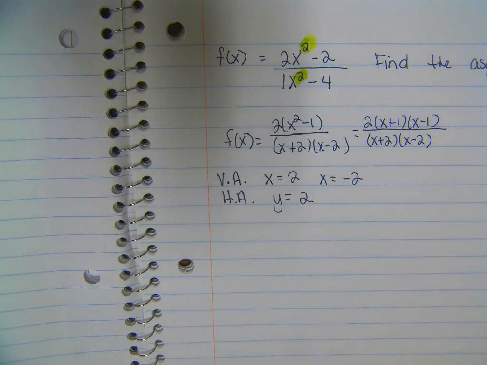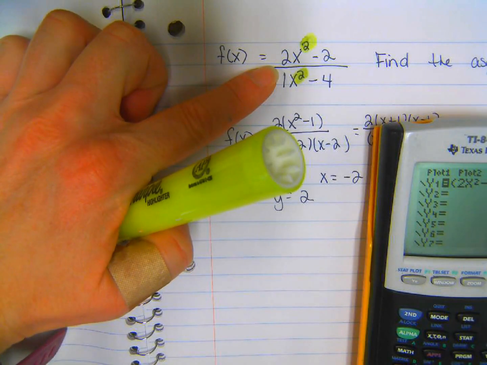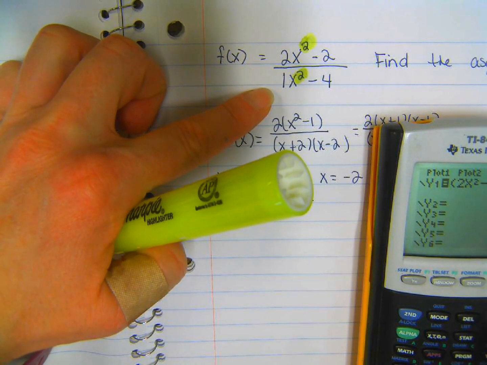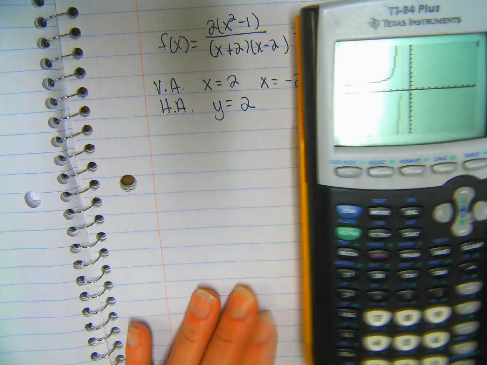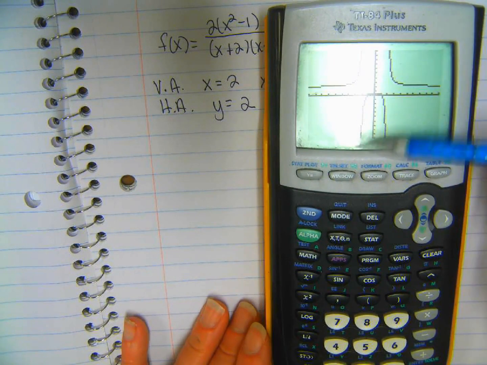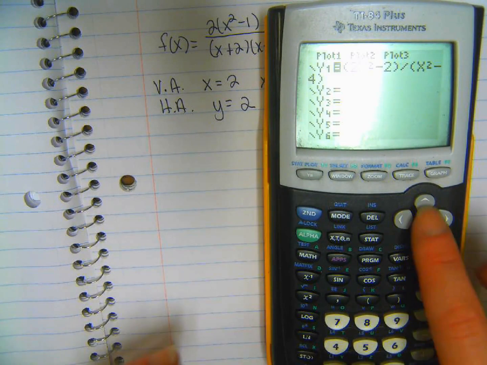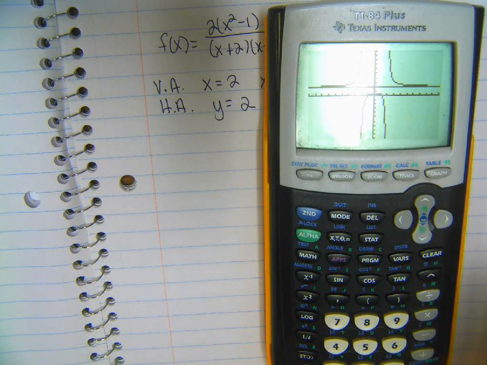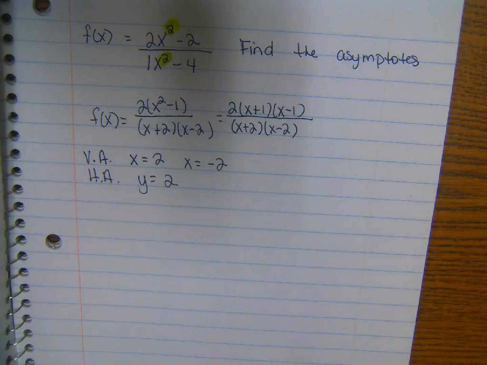I'm going to just pull up the graph and confirm what we see. I always find it easier to type in the original form. It's less work. Okay, do you see that this is the 2 and the negative 2 for the verticals, and then this is the y equals 2. In fact, you could even put it in if you wanted. There's the y equals 2 for the horizontal. Make sense? Okay, so what we're going to do then